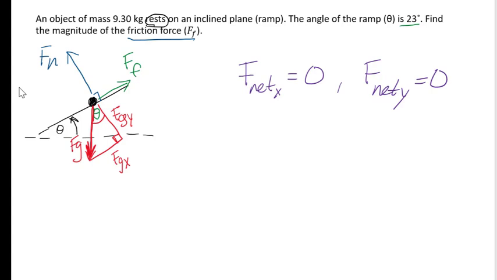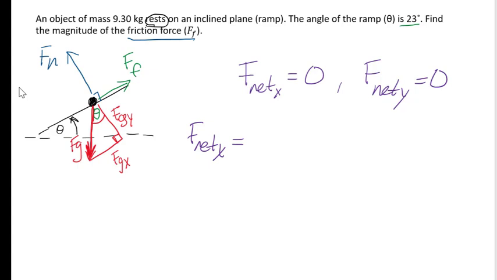Because the object is at rest. Anytime the object is at rest, the net force is equal to 0. So how are we going to find the friction force here? If we do the net force in the x direction,